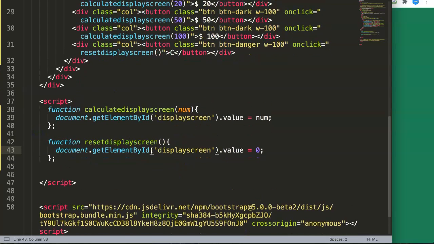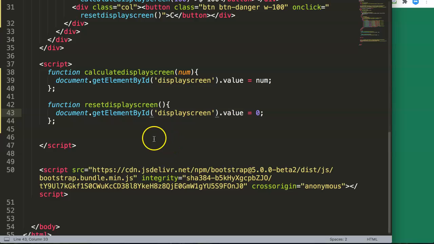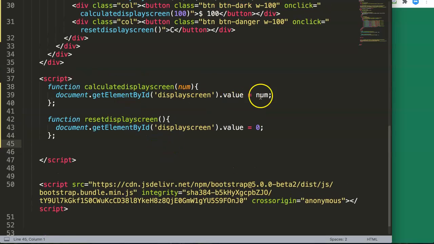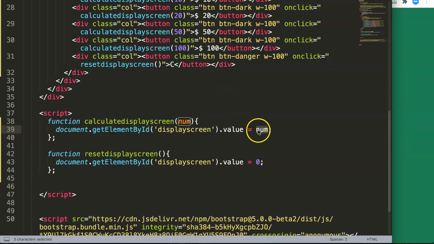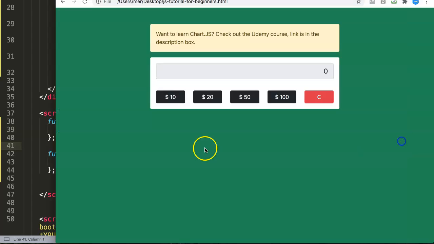So what we can do now is the following. We can add up here now the next one, which is this here. We have to look here at the num value. So what we really want is not num, but we want to do num plus the existing value of this. So if we click on it, and then we click one more time, we want to do,